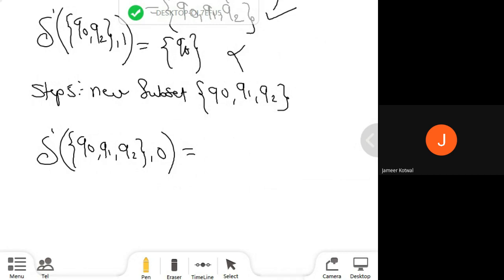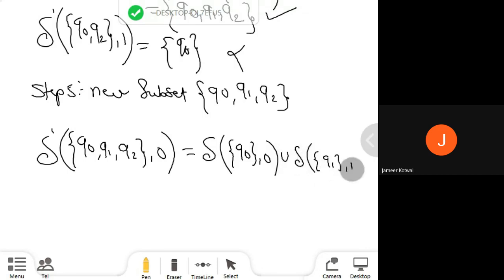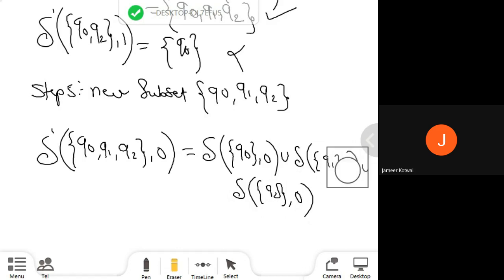So here there will be transition in Q0, I'm going to process 0, union transition of Q1, I'm going to process 0, union transition of Q2, I'm going to process 0.